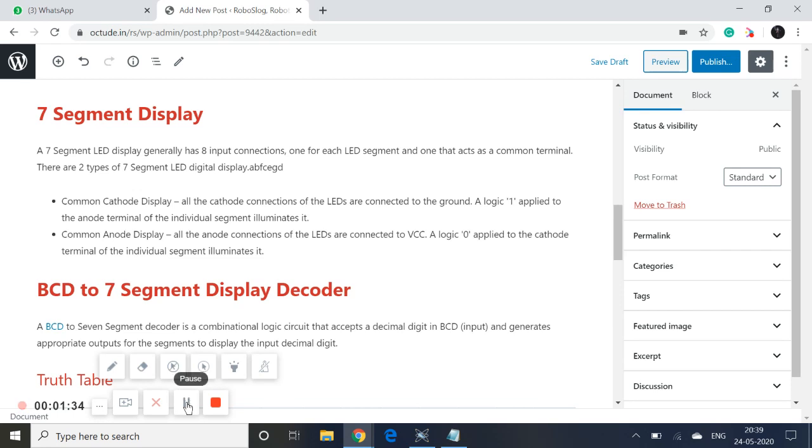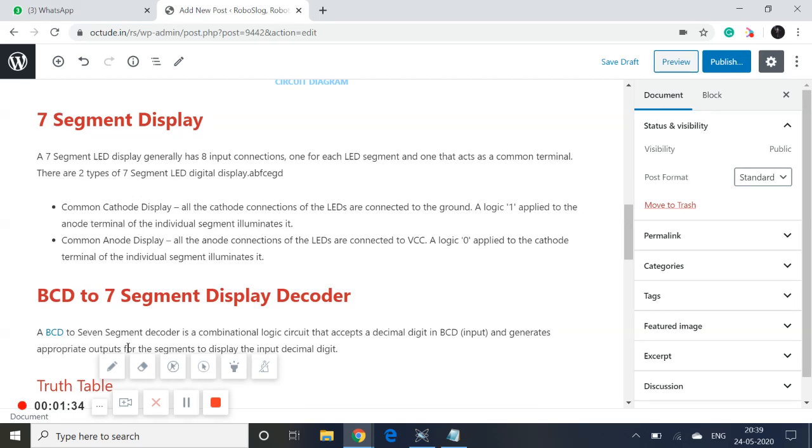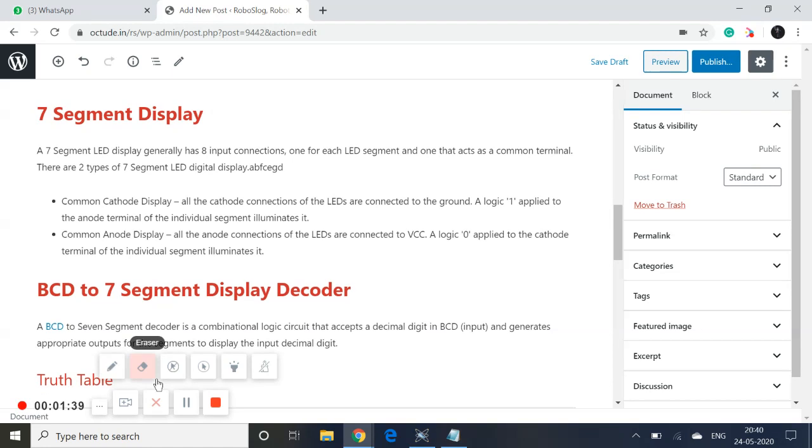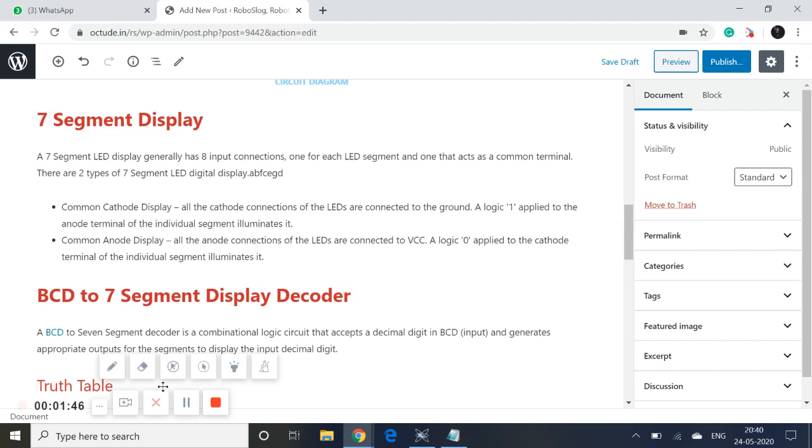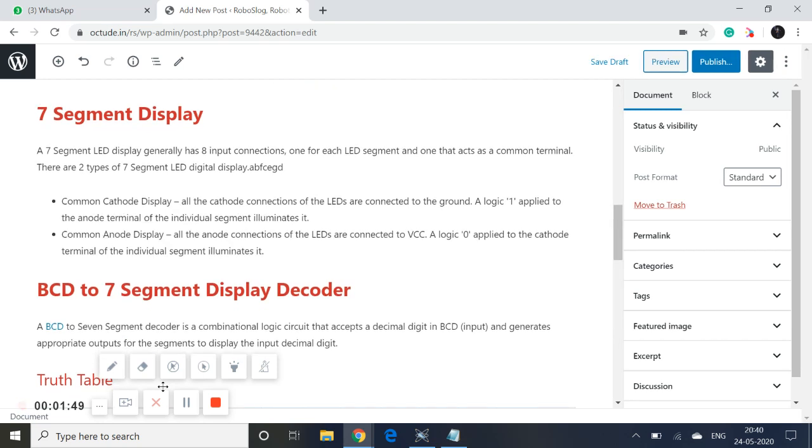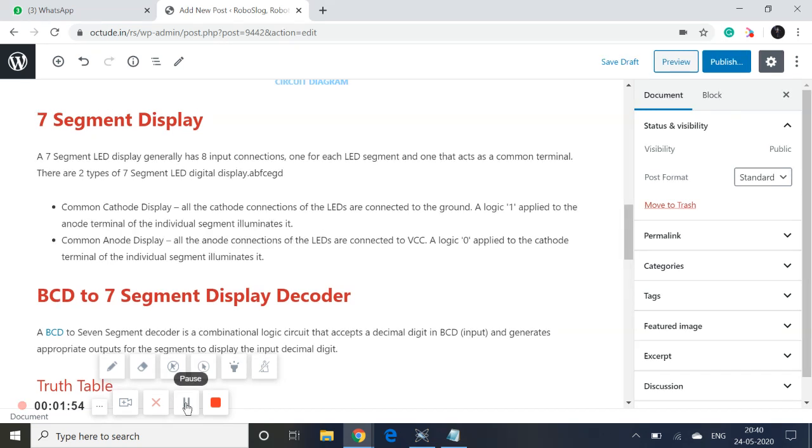As all know, a BCD to 7 segment decoder is a combinational logic circuit that accepts a decimal digit in BCD and generates the appropriate output for the segments to display the input decimal digit. Okay, now let's go for the working.